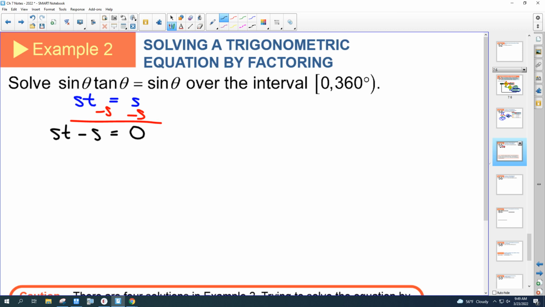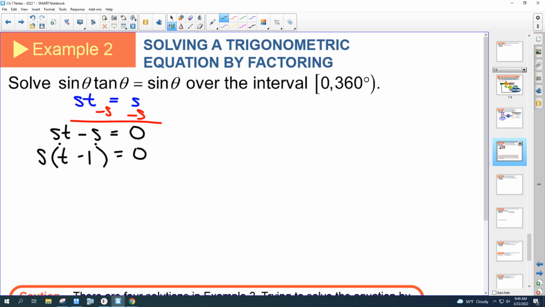Okay? And I can factor that because I see a GCF. Both of those terms have an s in them. So remember, go way back. Think about GCF problems. I've got an s. I factor that s out. It would be s times t minus 1